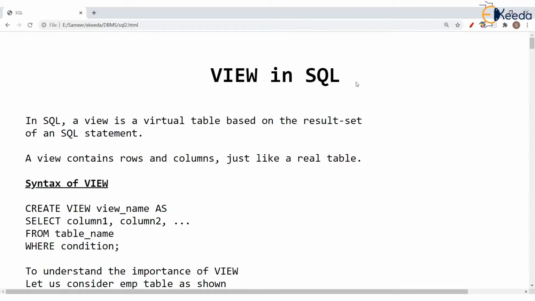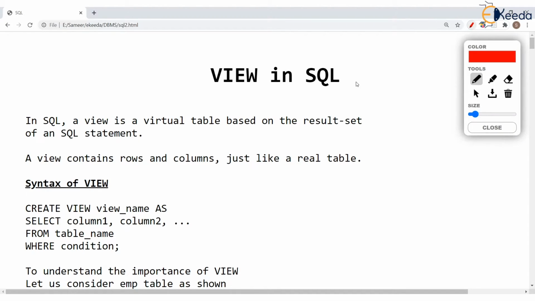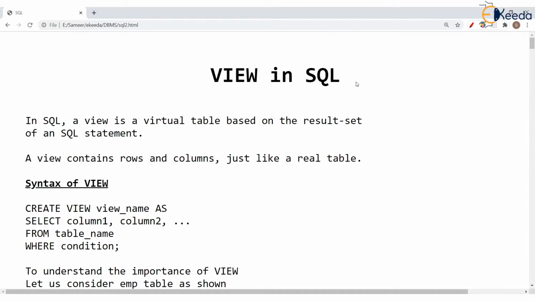Okay, see the grammar. How do you create a view in DBMS is just as you create a table, saying create table, isn't it? Command to create a table is create table. Like that, command to create a view is create view. And then give some view name.